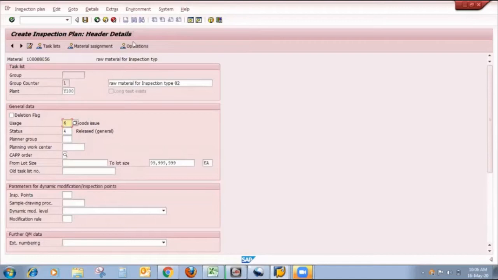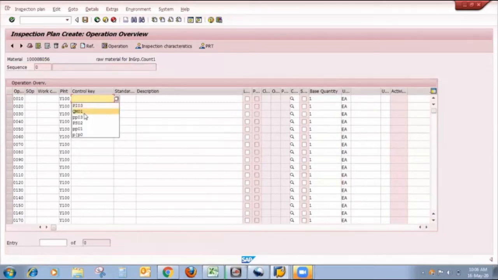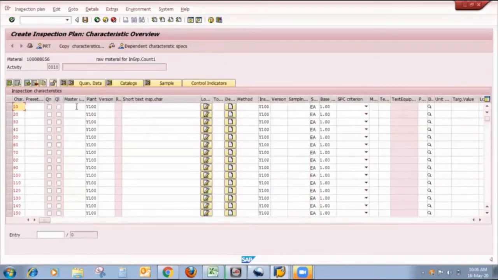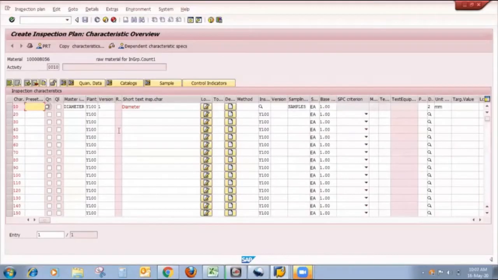Now I click on operation where I maintain the control key. My control key is QM01, because in the QM01 control key I use inspection characteristics required and business transaction activated. Now I select it and click on inspection characteristics where I maintain my MIC and my sampling procedure.